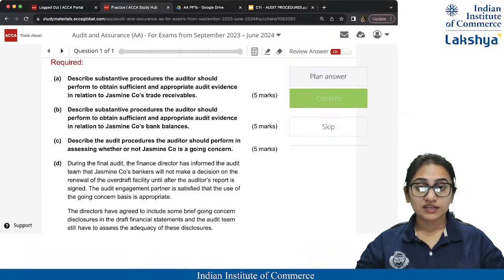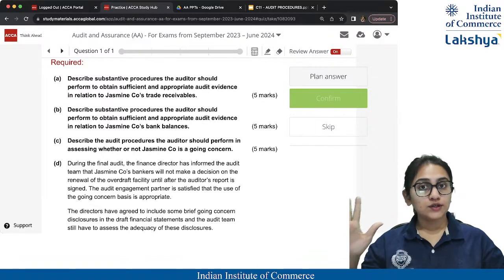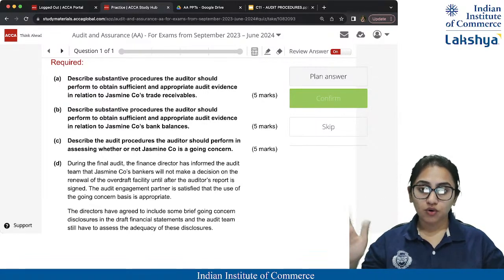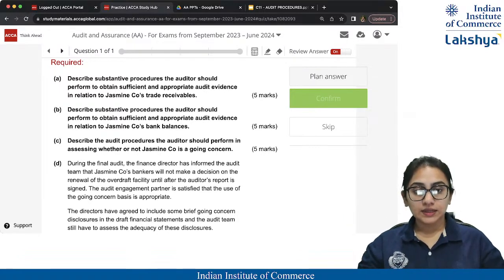So we want substantive procedures first on what? Trade receivables for 5 marks. So 5 very good points or 7 okayish good points. Okay. B, describe substantive procedures the auditor should perform to obtain sufficient and appropriate audit evidence in relation to Jasmine